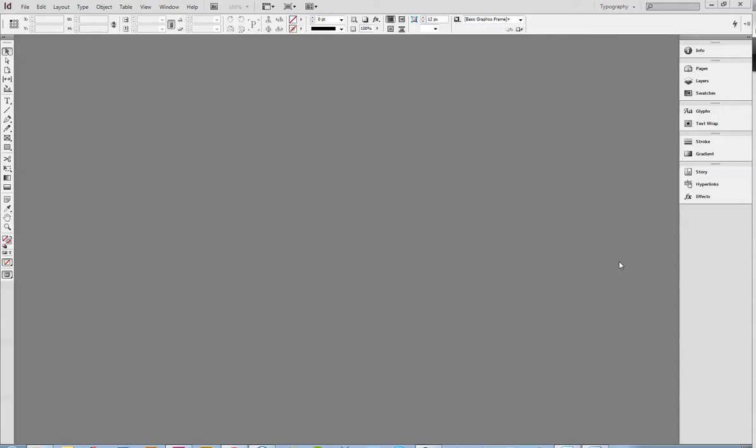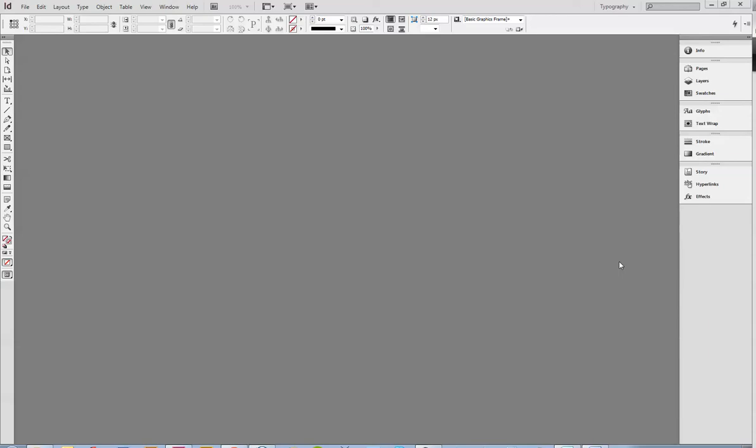Okay, today we're going to begin our introduction of InDesign. So I guess the first question we should talk about is what is InDesign? Photoshop and Illustrator are, for the most part, used to create graphics. What InDesign is how you kind of bring those graphics and your text together and put it into some sort of layout. This can be used to create PDFs, it can be used to create brochures, books,